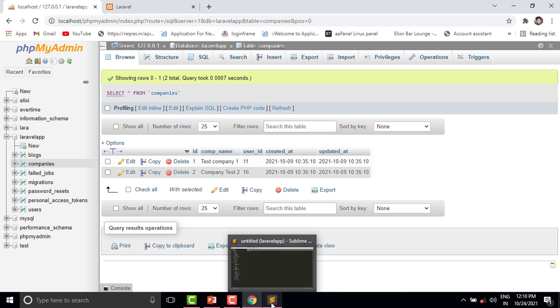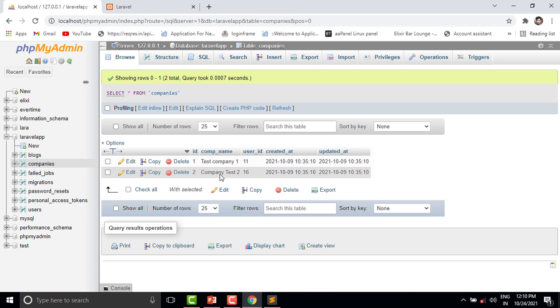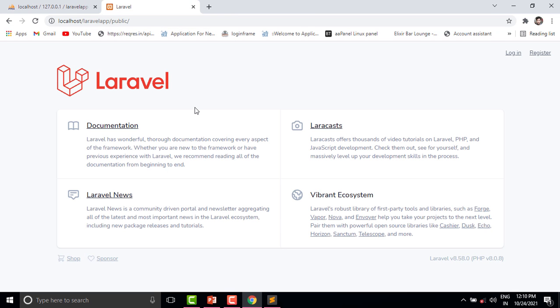So let us see how to implement the one-to-many relationship. First of all we understand what relations in Laravel are. Fetching the records from two or more tables on the basis of a similar key is a relation.